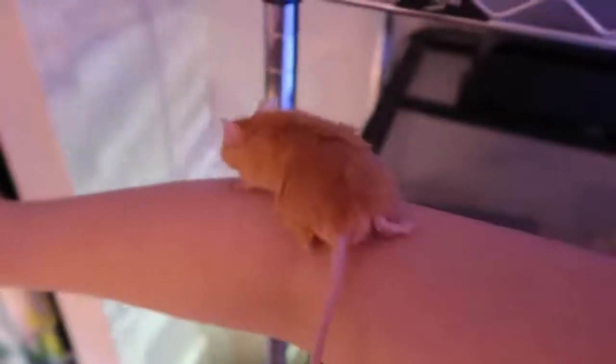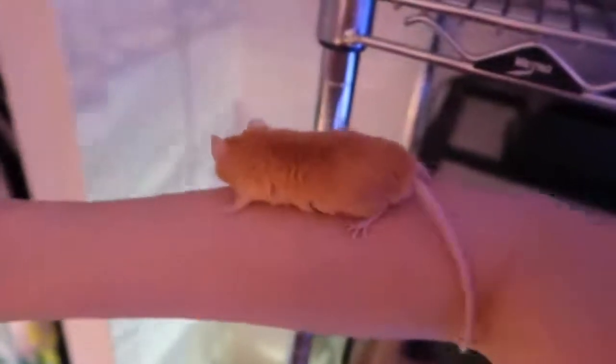This is my mouse. His name is Gus. He's normally down here somewhere, so I'm gonna see if I can find him. Okay. Now Gus was actually supposed to be snake food. When I worked at a chain pet store that I will refer to as Pet Schmo, I found him in the mouse enclosure with a bunch of injuries. So I brought him to the back to treat him, and they told me, oh, don't even bother treating him. We'll just feed him to my snake. And I was like,